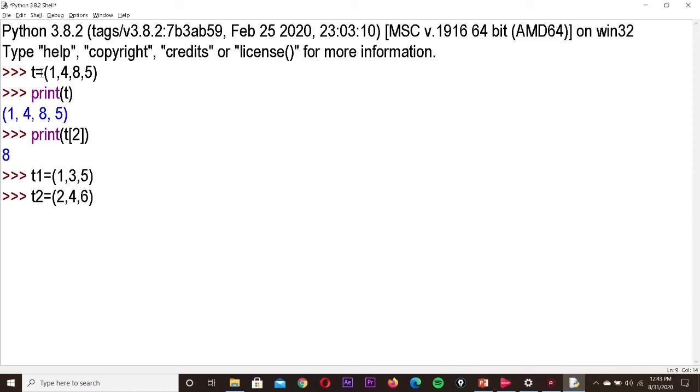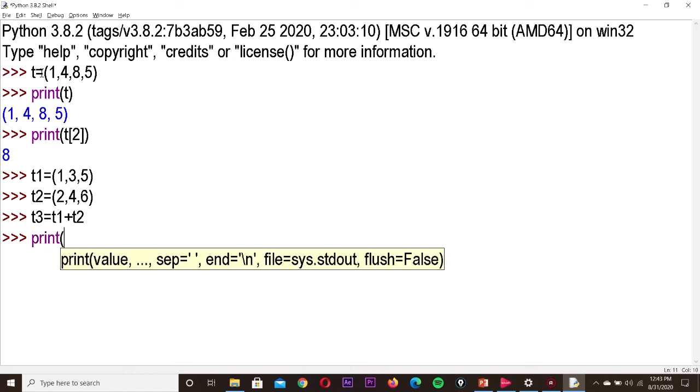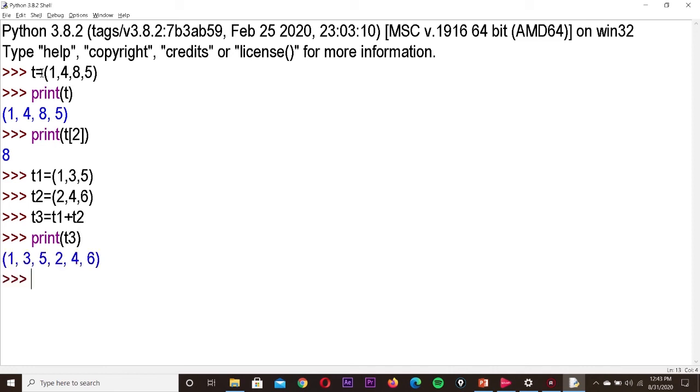So two tuples I have. Now you can join these two tuples by using the plus operator. So t1 plus t2. Now I am printing print of t3, so it will be joined. A tuple is immutable, that is we cannot change the values present in a tuple. We can only join two tuples and create a third tuple, that is possible.